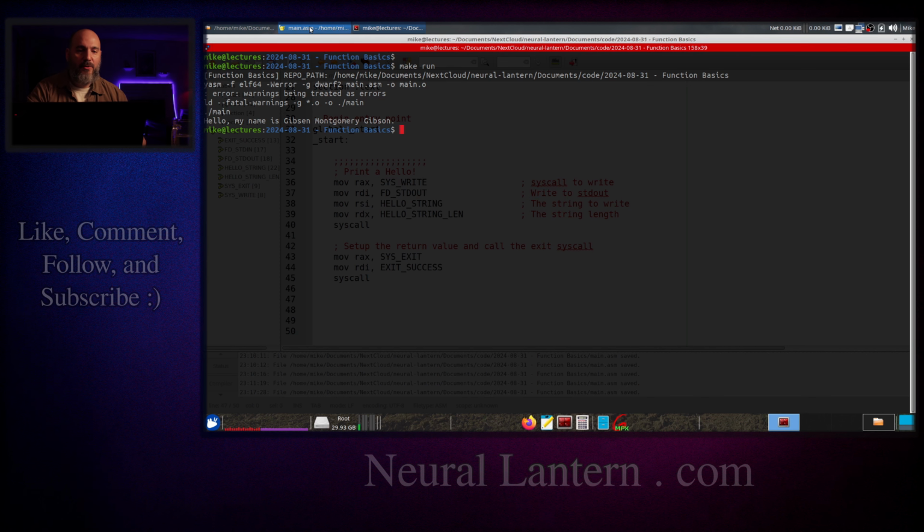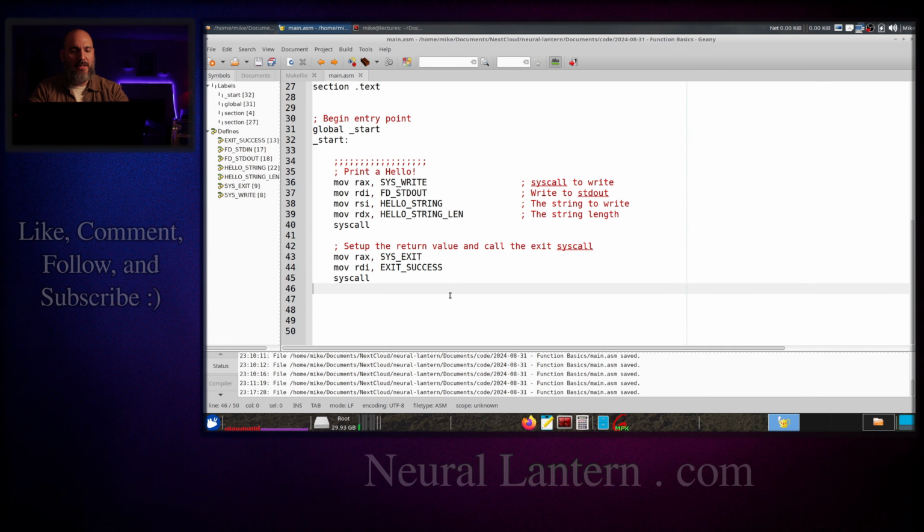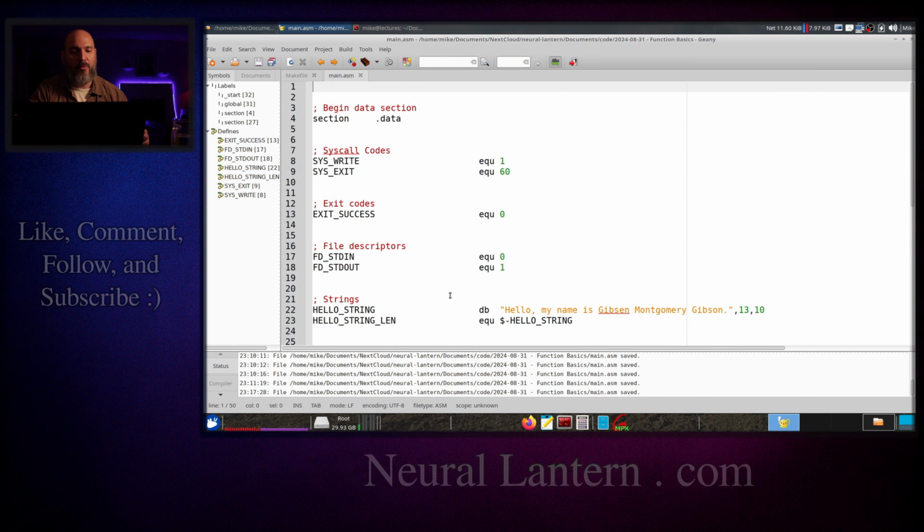Just a little note here. I've probably said this in other videos, but the return code 0 is kind of a standard to indicate success for programs, which is very useful if you want programs to automate other programs. If I change the system, let's see, what is it? Exit success. If I just change that variable to a 3 so that I will exit with a return code of 3 instead of